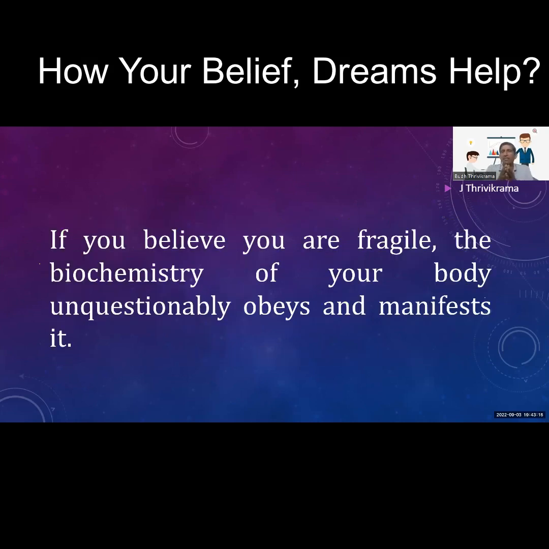If you believe you are fragile, the biochemistry of your body unquestionably obeys and manifests it. Now you decide what you like to believe in about yourself. It's a big task if you are able to write down all the beliefs that make a part of your living being, part of your existence. Then it becomes easy to see what is contributing to your growth, what is contributing to your restrictions or hindering your growth. Does it sound nice? So simple and easy. Your belief system plays such a havoc on your personality. You need to be good, you need to feel good, you need to be healthy, you need to be wealthy. It's all rooted